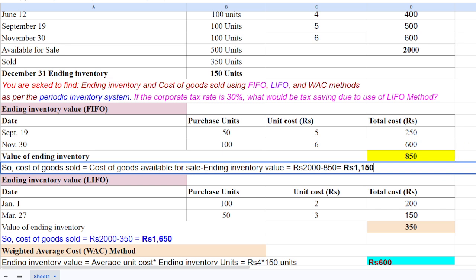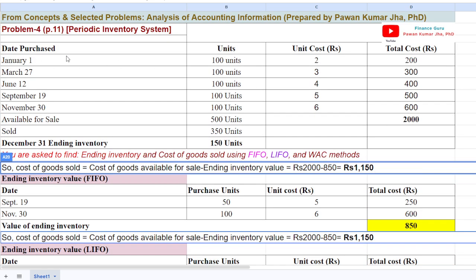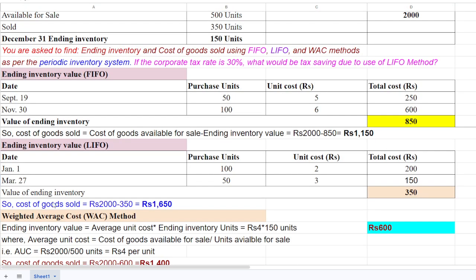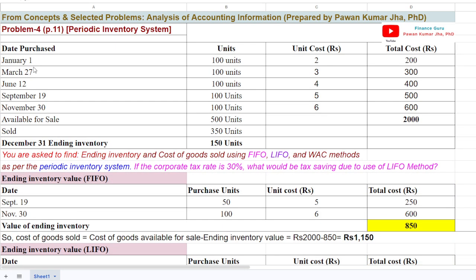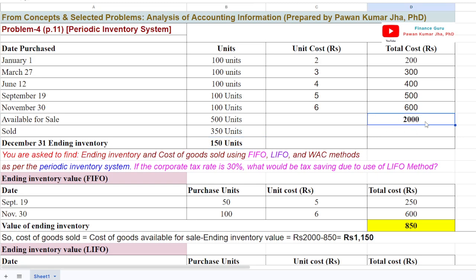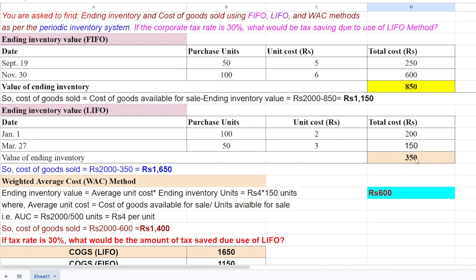But regarding the LIFO approach, friends, we have to take the reference of the earliest date, while for FIFO we take the most recent date. Now you are going to find the ending inventory value using the LIFO approach. Under LIFO, our earliest date is January 1st, so it is 100 units into 2, and then the next date is March 27, so we use 50 into 3, since our ending inventory units is 150. So 350 is our value of ending inventory, and since our cost of goods available for sale is 2000 and we just estimated 350, the cost of goods sold under the LIFO approach is